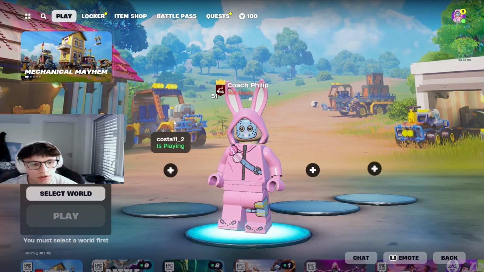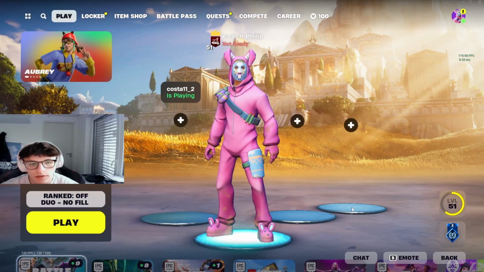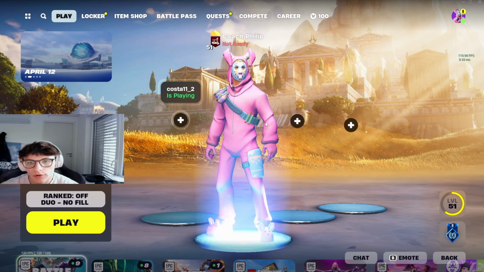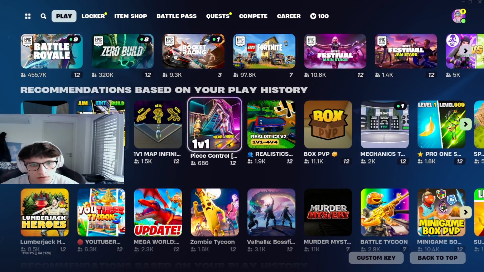Guys, today I'll be showing you how to select the Fortnite Lego characters in Fortnite. You probably already saw the trailer of Lego Fortnite and the new characters they have, the Lego versions of the normal skins. So if you're in Fortnite right here, normal lobby, and you scroll down to all these maps, all